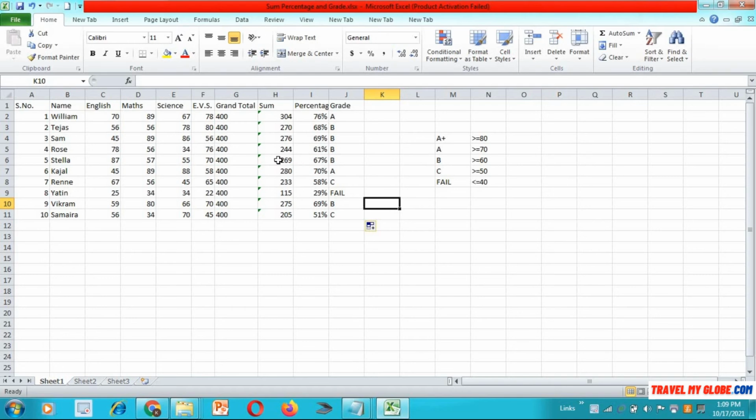The formula has its own importance. If you change it, for example, you change the first row, William has got 90 marks. See what happens. His total becomes 327 and his percentage becomes 82%. Similarly, his grade has changed because we have applied the formula, and for every percentage it checked its condition. For the marks of 82%, it has given the grade A plus. See how magically it works. So the formula has its own importance. If you use it carefully, you can calculate the grade very easily. You just need some practice for it.